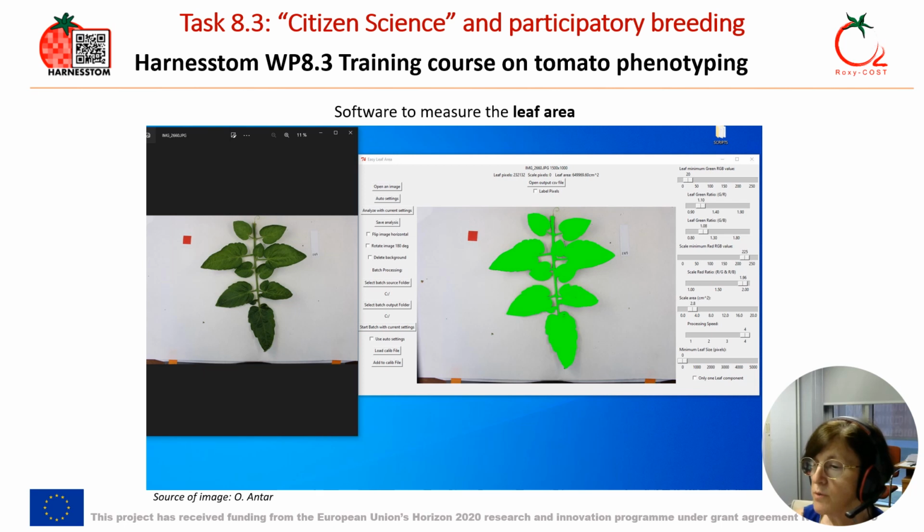For this reason, the leaf area is an important parameter, as it reflects the photosynthetic capability of the crop, which in turn influences the productivity and protects the fruits. Several methods and software for measuring leaf area are available for scientific experiments. The management of this software is easy and provides very valuable information about the main traits of leaves.